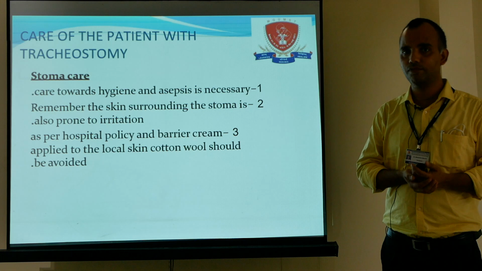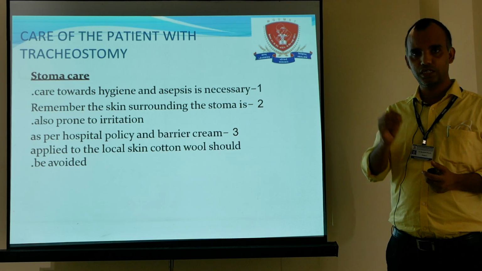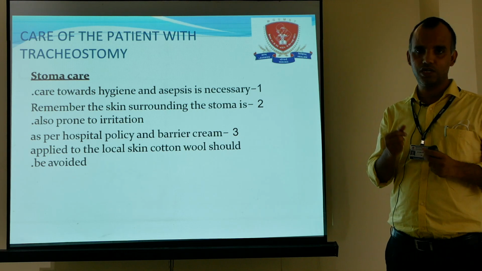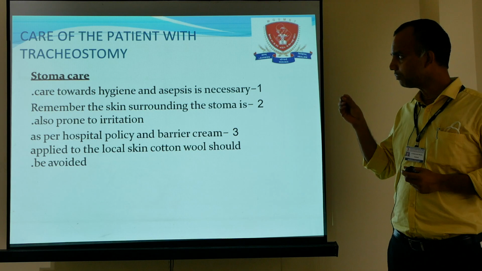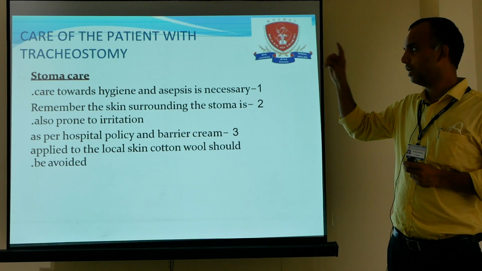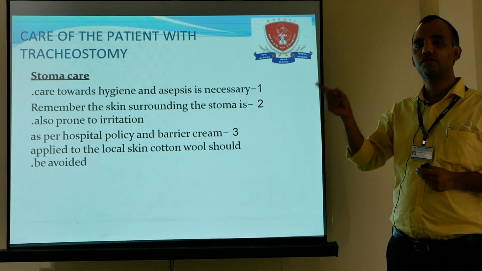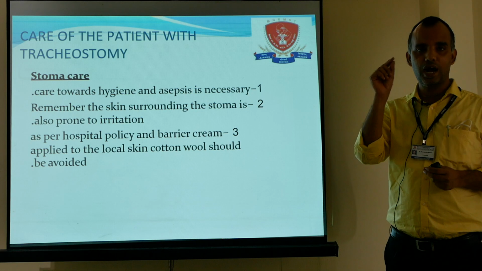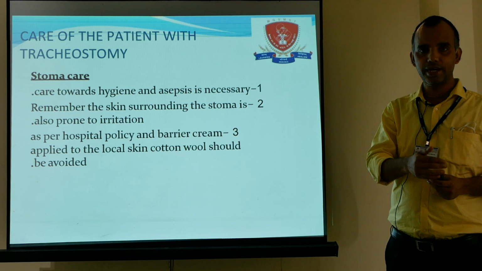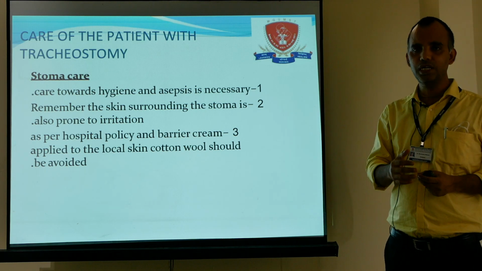We have to wear sterile gloves, and after that we take a gauze piece, or we can take artery forceps and wrap the gauze piece in that, soak it with betadine, and clean around the stoma with the betadine. We have to note down if there are any hard secretions, so that has to be removed, and any redness, edema or any chance of inflammation has to be noted.